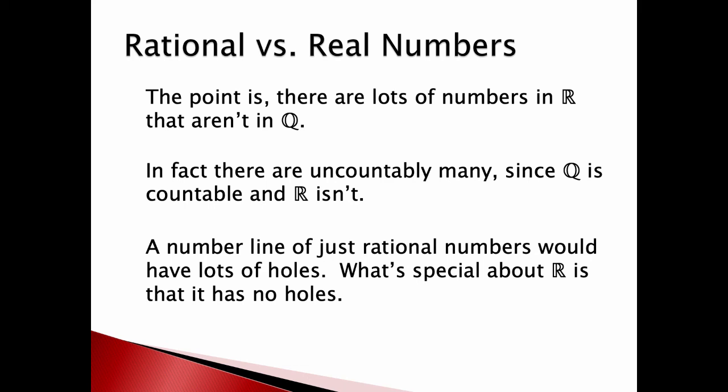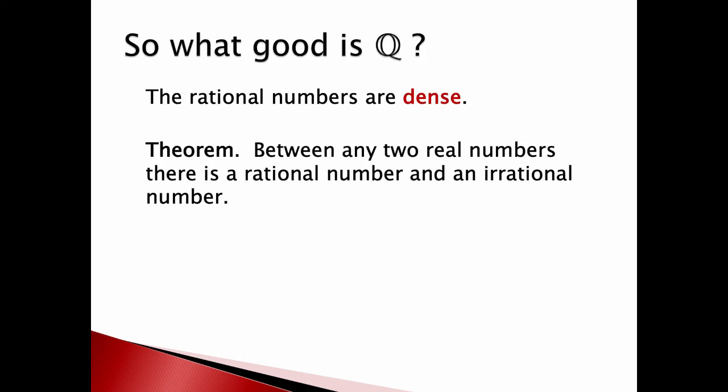That means that if we have a set with an upper bound, we can always slide that upper bound down until it hits the set and gives us a sup. Or if that number is actually part of the set, gives us a max. So what good was Q? Well, one very important fact about Q is that the rational numbers are all dense. That doesn't mean that they're not very smart or that they weigh a lot. That's actually a technical term, and we'll see more about that word later.